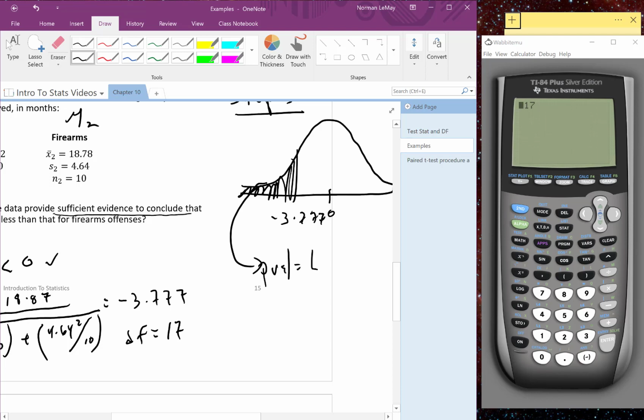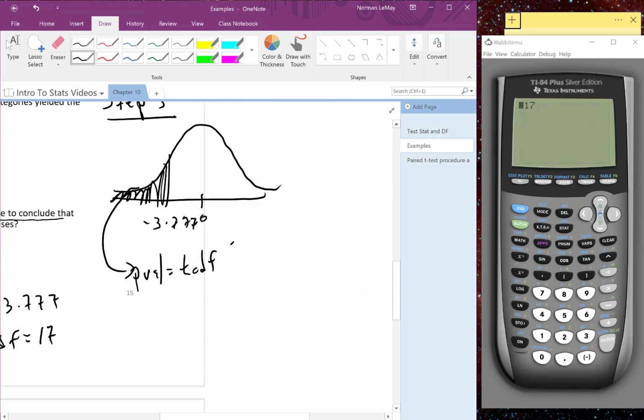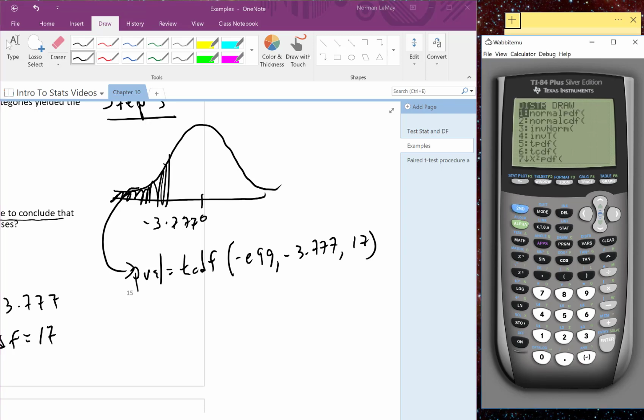which is going to be tcdf. And this is going to be open bracket negative E99, comma, negative 3.777, comma, and 17 degrees of freedom. So we can compute that. Again, coming over here to second distribution, tcdf, menu option 6, lower bound, so negative, and then there's the E, so second E, 99, comma, negative